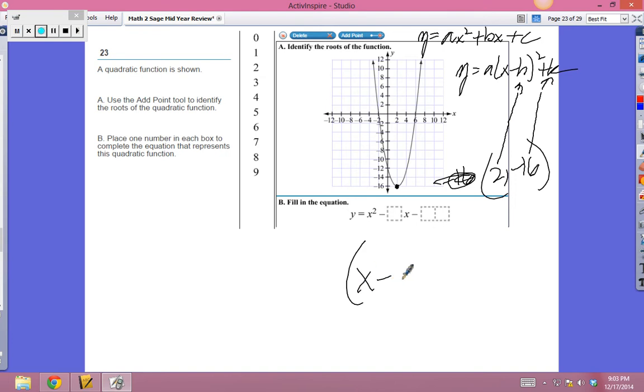So if I plug this in for h and I plug this in for k, it's going to be (x minus 2) squared minus 16. All I need to know is the a, and the a is the dilation. The dilation might be tougher to find. The dilation is the slope. So from this dot, my next dot,